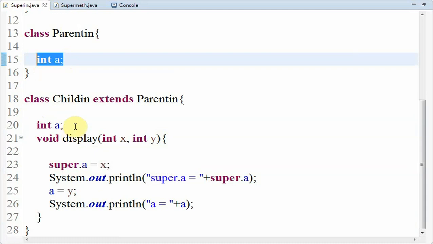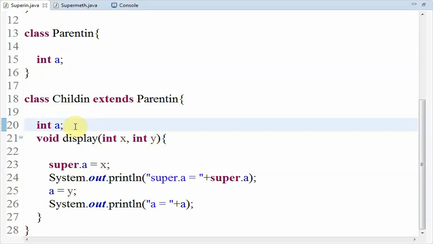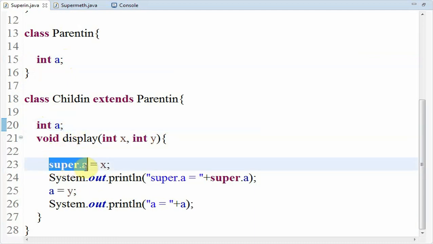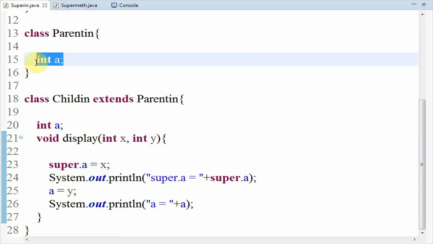So this is an ambiguity situation, and to solve that ambiguity we can make use of the super keyword, and we can write super.a equal to x. Here the value of x will be inserted into a, and this super.a refers to the parent class variable a.